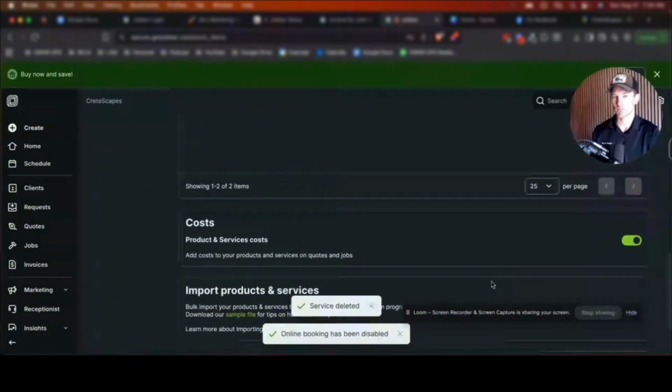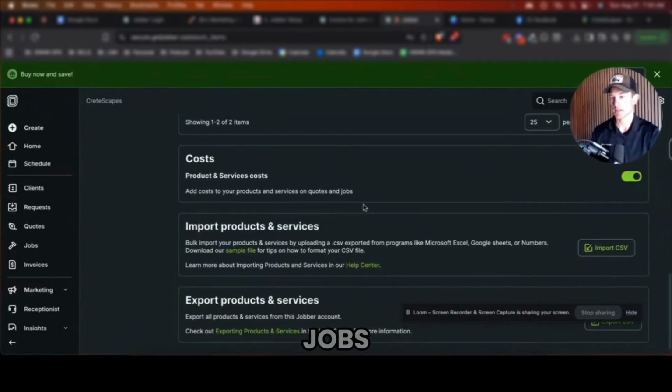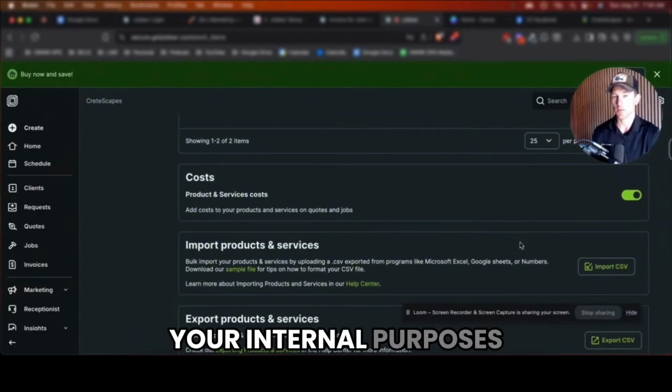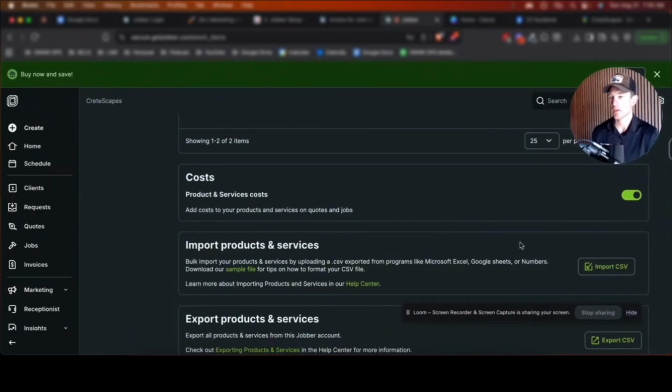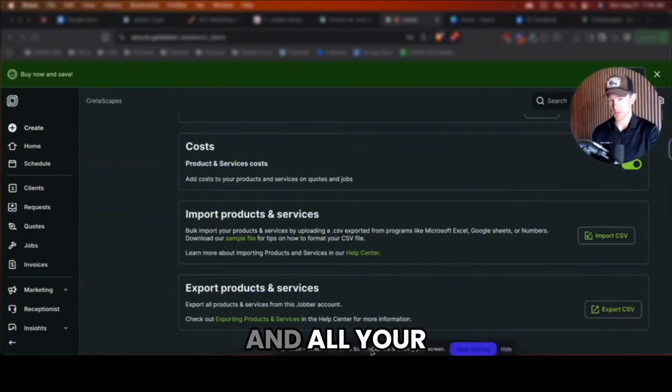All right. Now let's go down here. Costs. Add costs to your products and services on quotes and jobs. This is for your internal purposes if you want to track job costing. Import products and services. If you have a CSV spreadsheet created of all your services and all your pricing, you